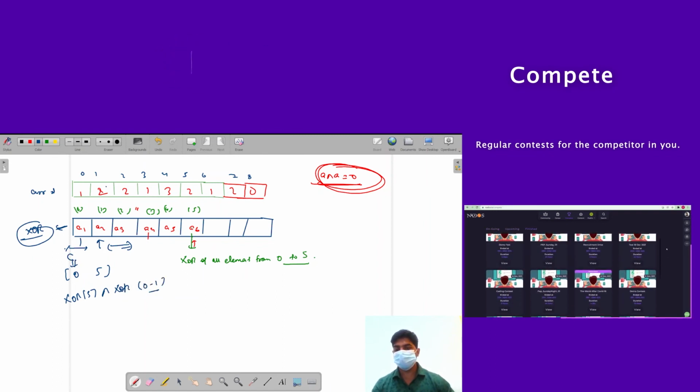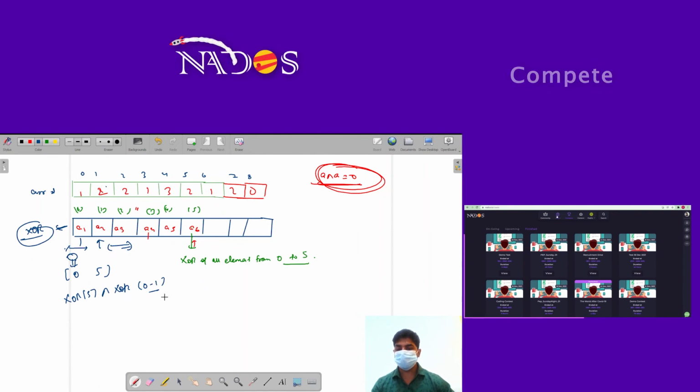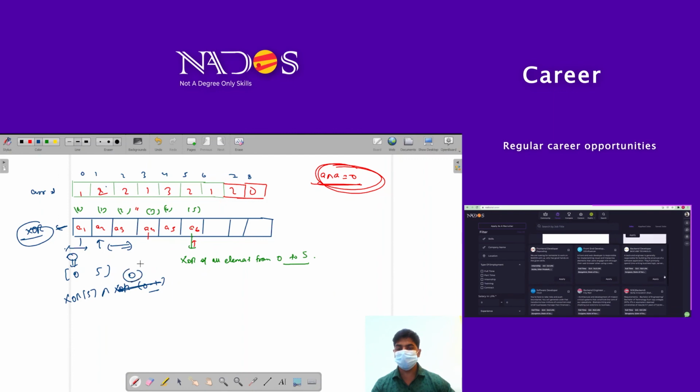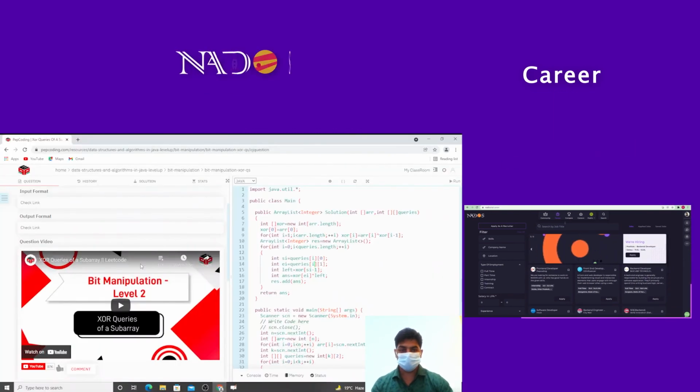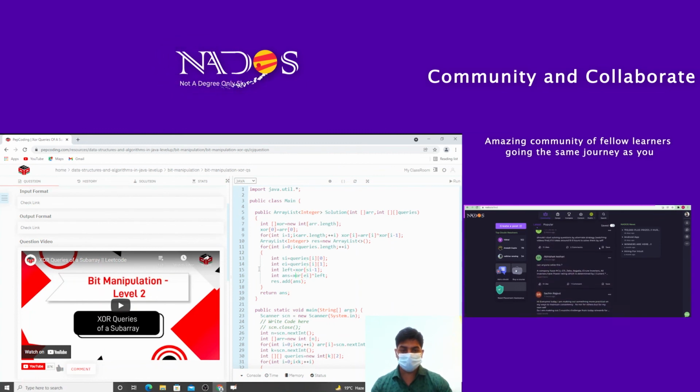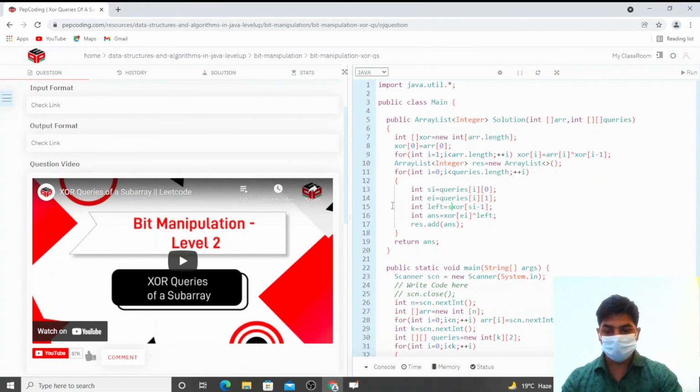So if the starting index is 0, then instead of XOR of 0 minus 1, we will simply XOR with 0. So if starting index is double equals 0, we will simply use 0. Otherwise we will use XOR of starting index minus 1, and finally we add it to our answer.